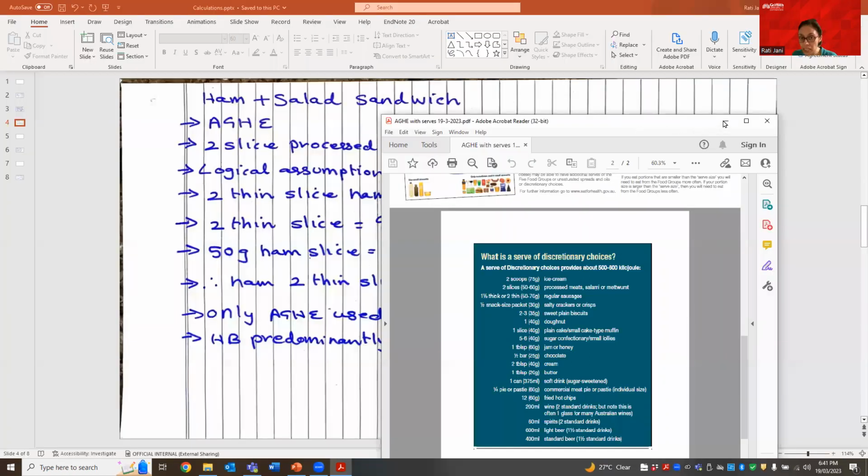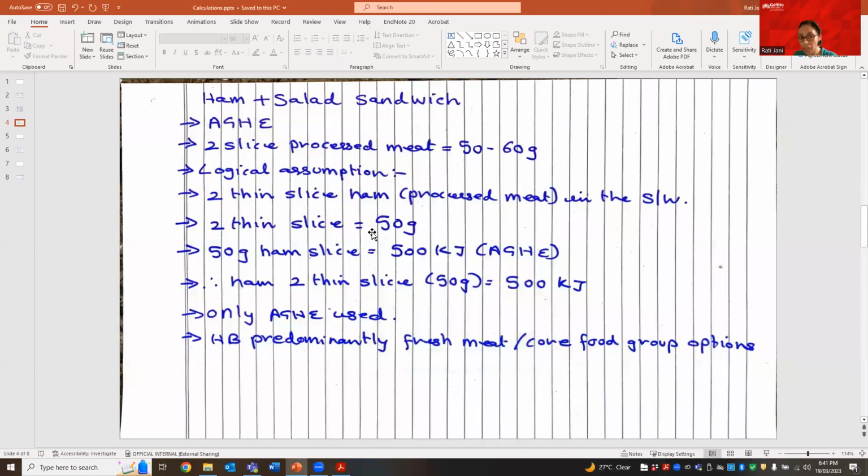Okay. You may say that now you have the grams, Riti, over here, 50 grams. Why don't you just use the handbook? Well, guys, in the handbook, and I may be mistaken, and please enlighten me if you can find this, I tried to find in the handbook if I have a processed meat ham as such, and the amount of grams, kilojoules, the same protocol that we have followed previously, but I could not find that